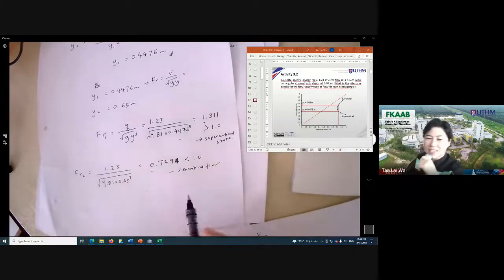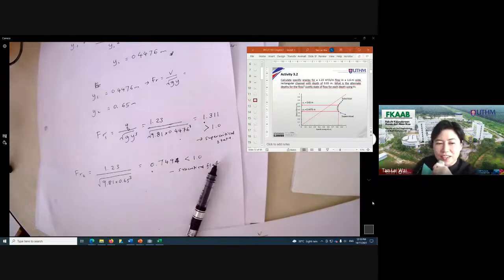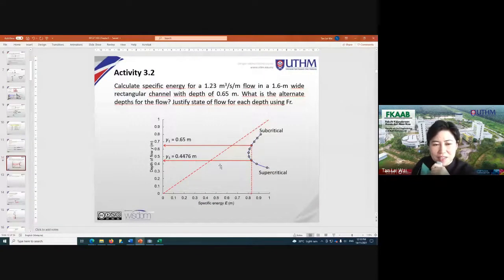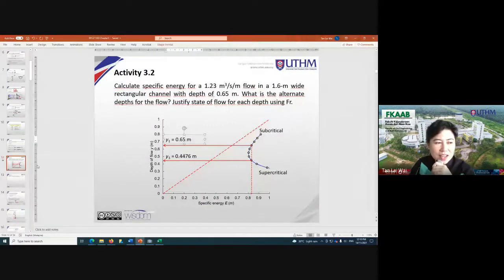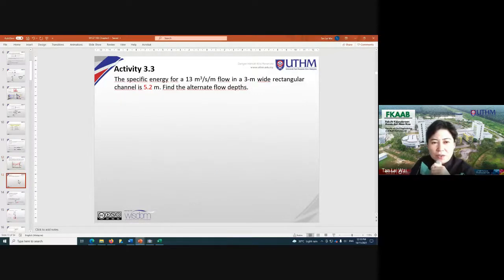Okay, so that's it. You have already solved this. Luckily you helped me correct this answer for me. So this I need to recalculate. Okay, so therefore I want help from one of you to solve this next week for next class, which is you need to show your solution